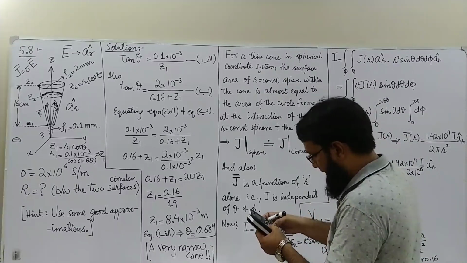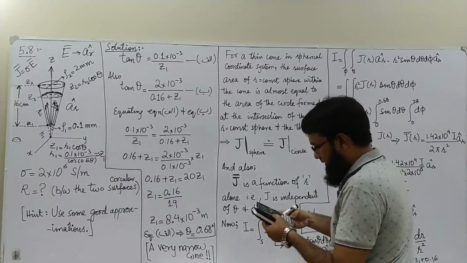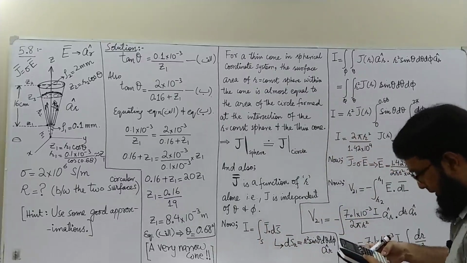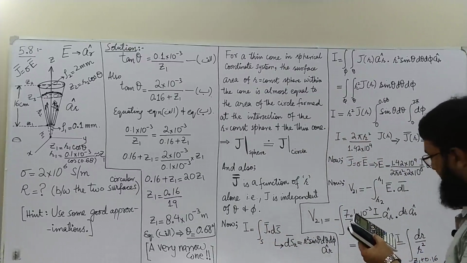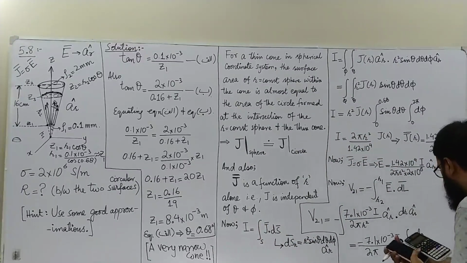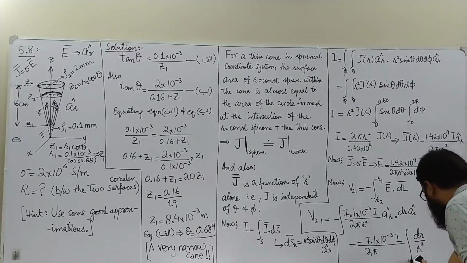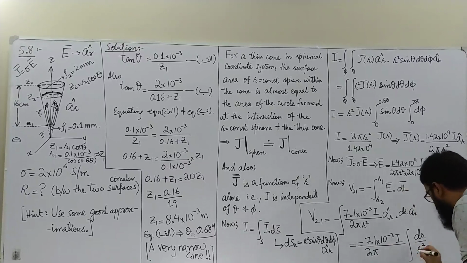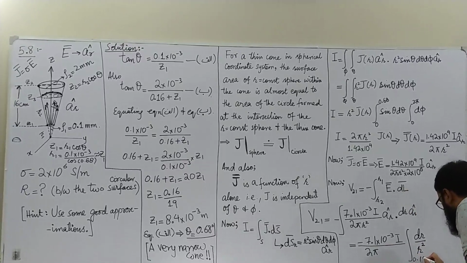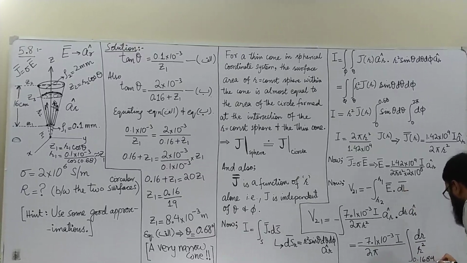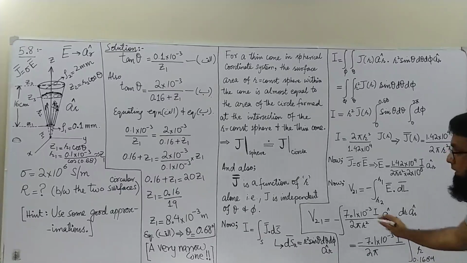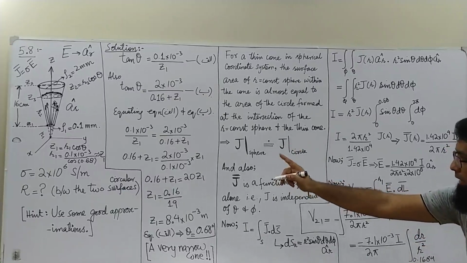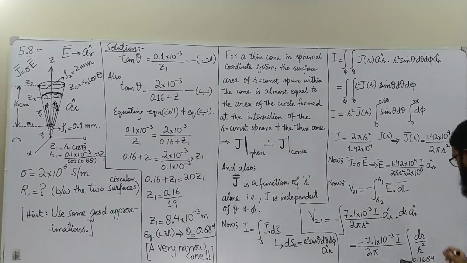So 0.16 plus Z1, which is 8.4 exponent minus 3, is going to give us 0.1684. So instead of writing this whole thing here, I should write 0.1684, and as a top limit we are going to write Z1, which is